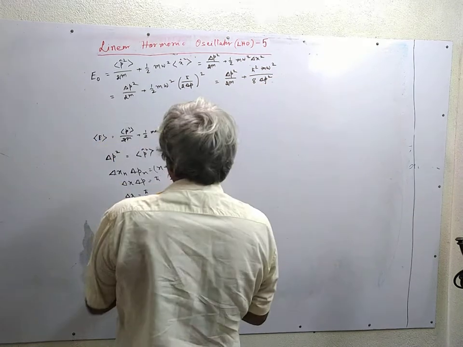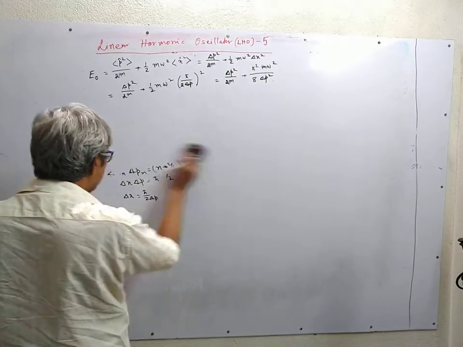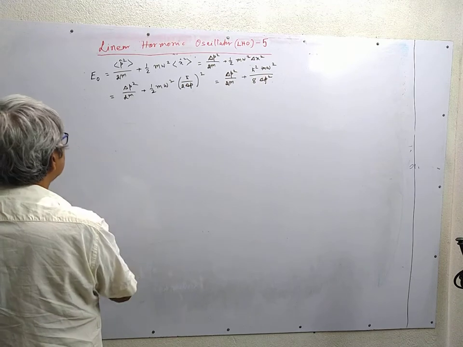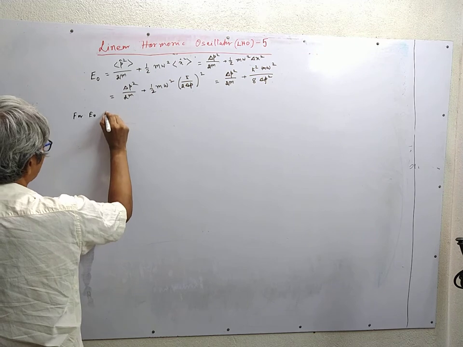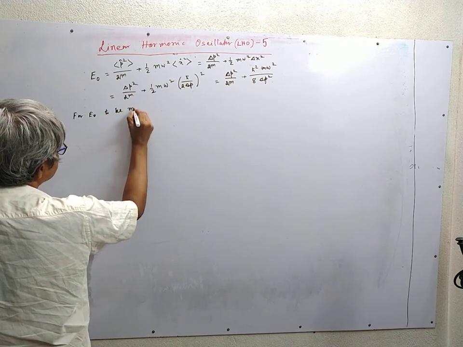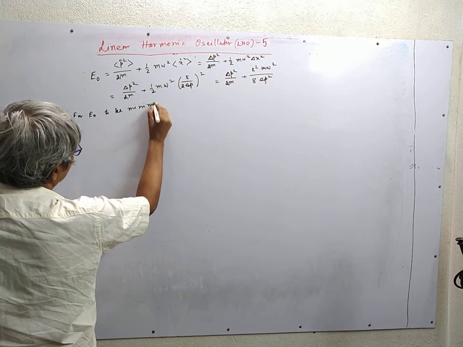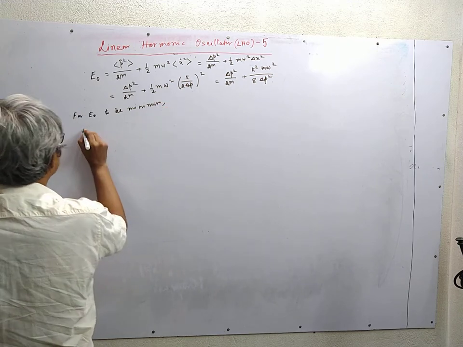This is the energy. We want to make it a minimum, so for E0 to be minimum, we must have